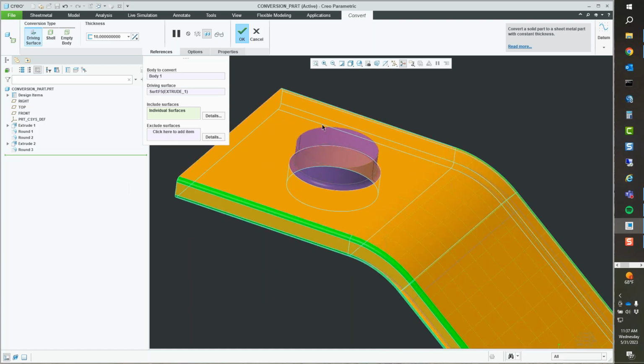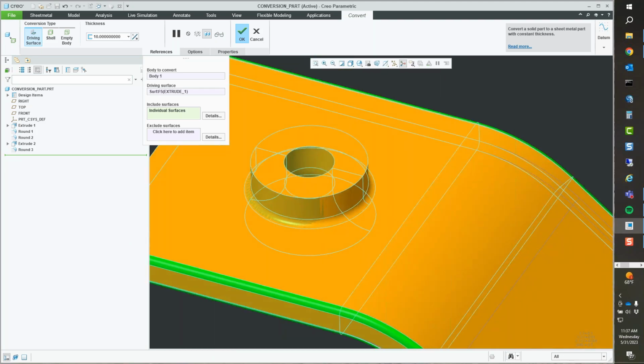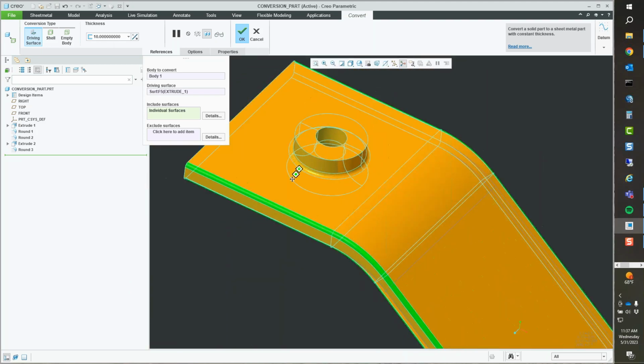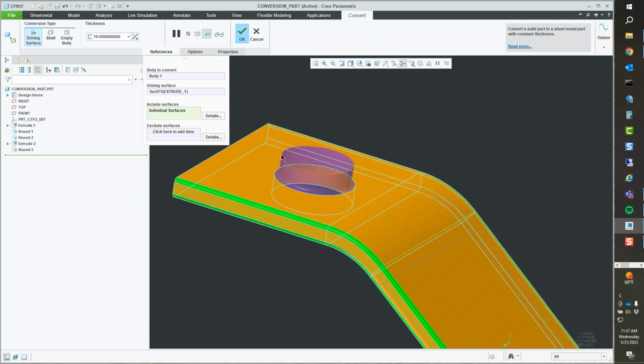If I grab any of these surfaces, it will try to hollow that chunk of material, right? So now it's, again, it's got to be a constant thickness. It's using the original thickness of the part, and it hollowed that out for me. If I don't want to use those, right, I can uncheck them, and I could say, hey, instead of doing that, let's exclude them